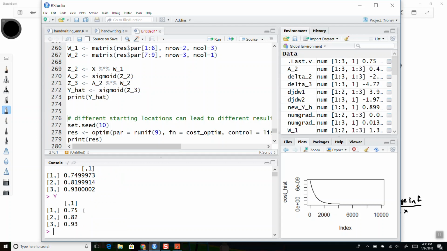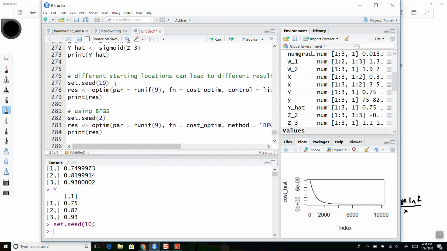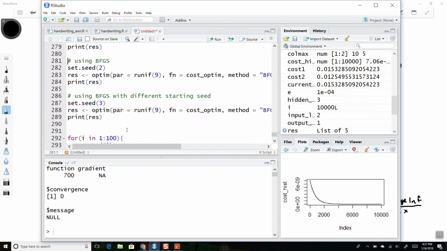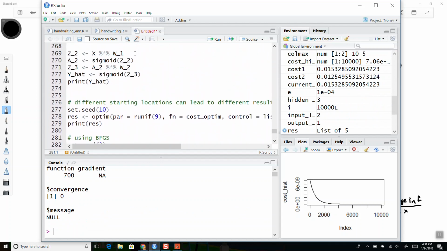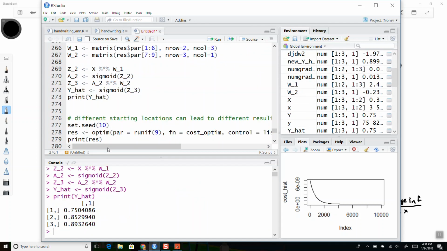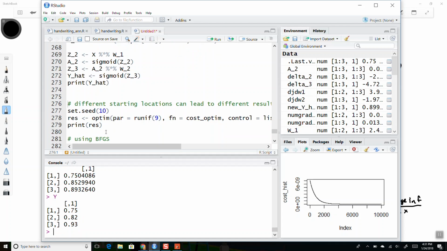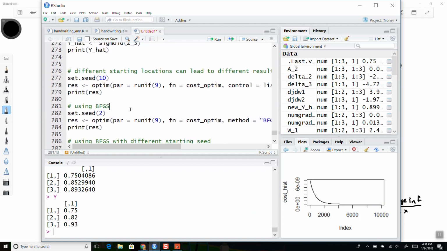Okay. All right. I think here I said a different starting location can lead to different results, and after playing around I think set seed 10 ended up a little bit different or something. I don't know. Okay, so here if we compare the results of y hat versus y, they were not very good, right? 75 and 85, 75 is pretty good, but 85.2 is not very good, and 89.3 is not very good at all, okay? So here, just setting a different starting location